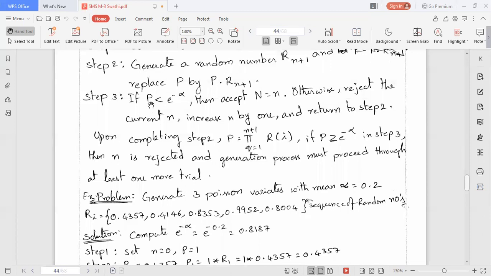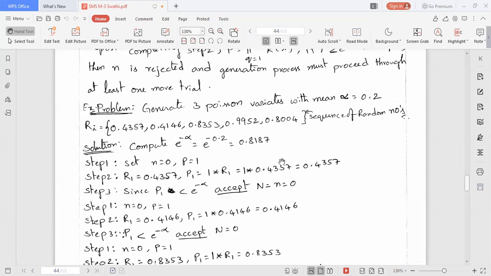We need to compare the P value with e power minus alpha value. If P value is less than e power minus alpha, then accept that and assign capital N equal to small n. Okay, here in step 3, we need to check whether P1 is less than e power minus alpha.